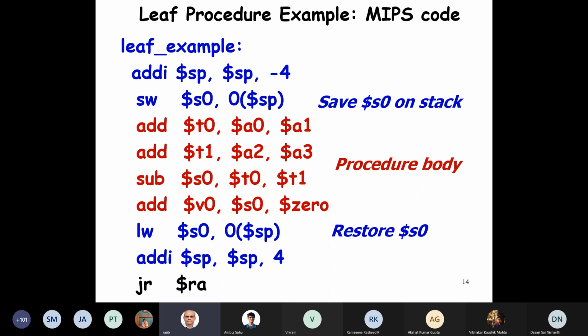So in this simple procedure example, does anybody have any doubt? We can discuss again. As I said, it's a simple thing. For this simple example, we need not have saved the register content. Just to illustrate how a saved register can be used, I have written this code, but we need not have these 4 lines. So it will basically be these 4 lines here shown in red. So that's the code for the simple leaf procedure.